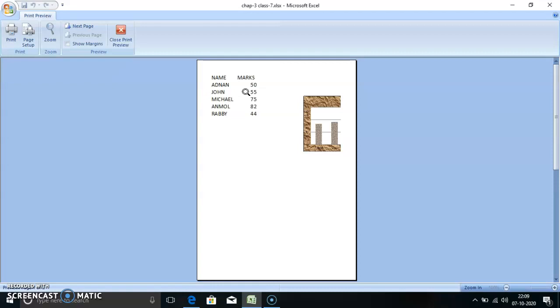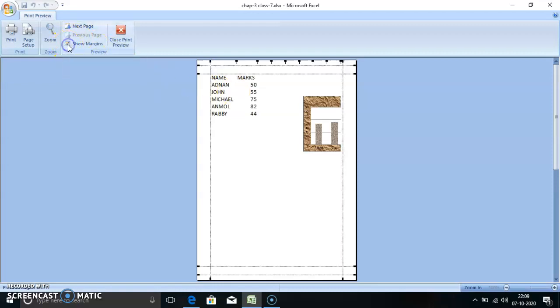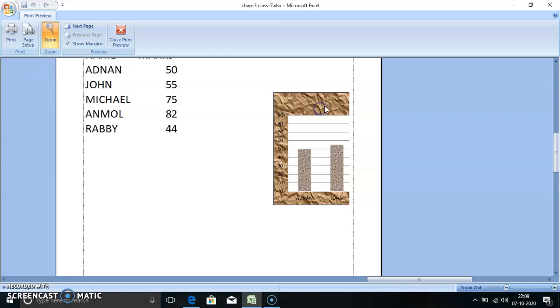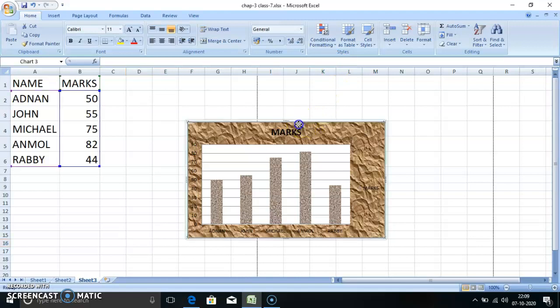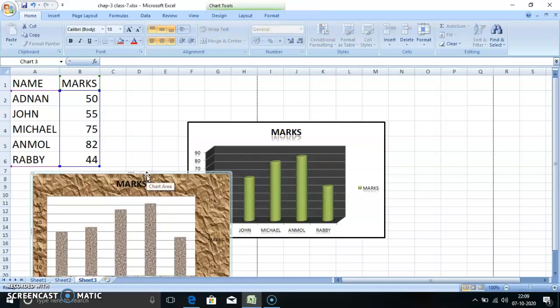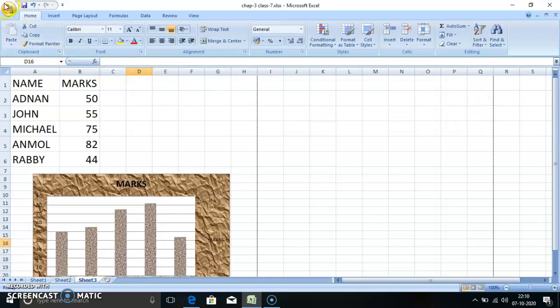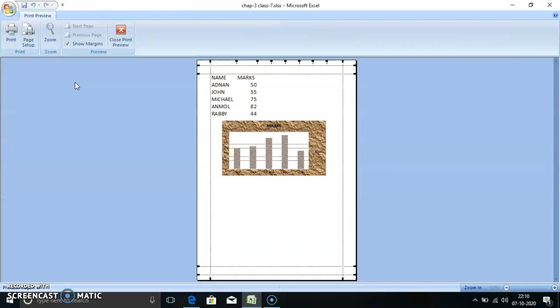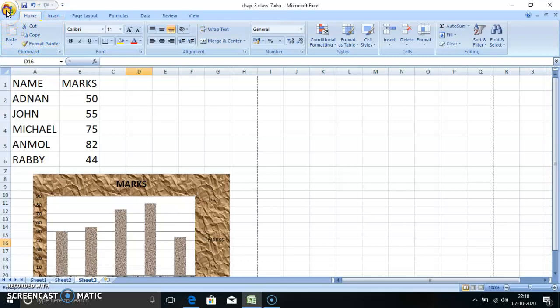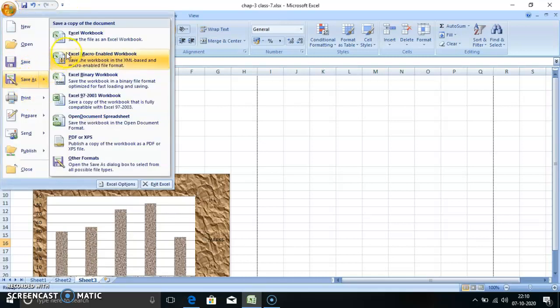So first of all we have to set our data part. We have to bring it here. See, you have to bring this chart here for printing. Delete this one. Now again go to office button, print, and print preview. Now this time we'll get our chart. In this way you can take out the printout. You can directly take out the printout also. Click on print.